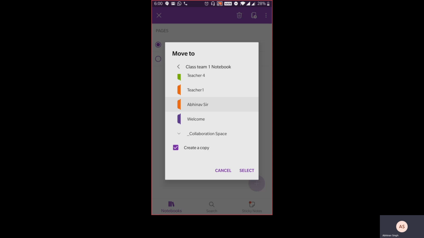I leave the original page in my work notebook and I'm creating a Xerox copy of that and putting it into a section named Abhinav Sir in the Class Team 1 Notebook so that students of that class can see the notes, and I have my notes safe with me. If I do not click on create a copy, that means I'm doing a cut paste basically.